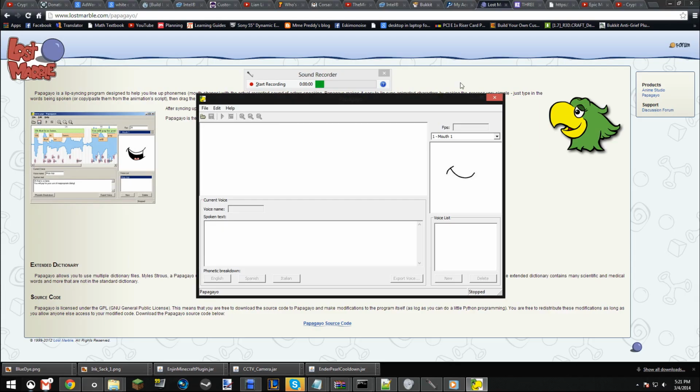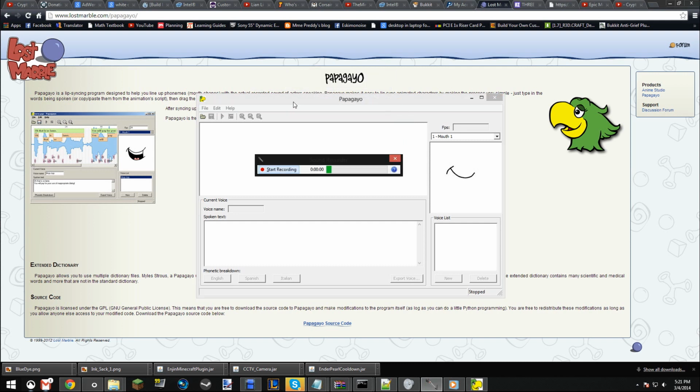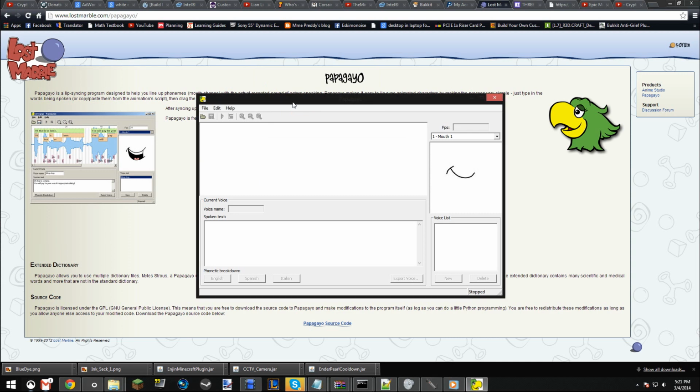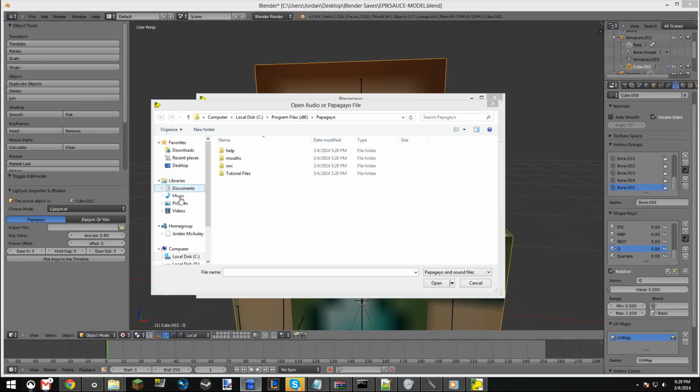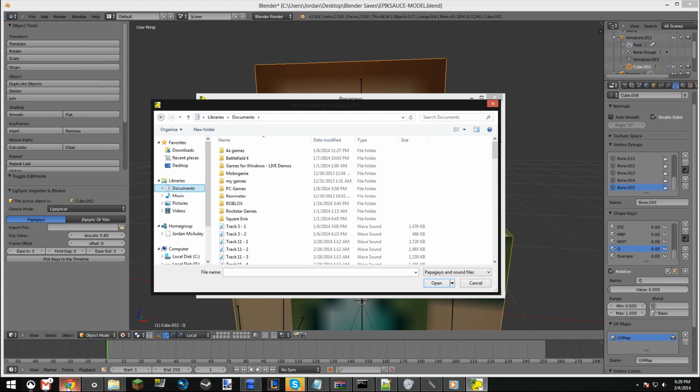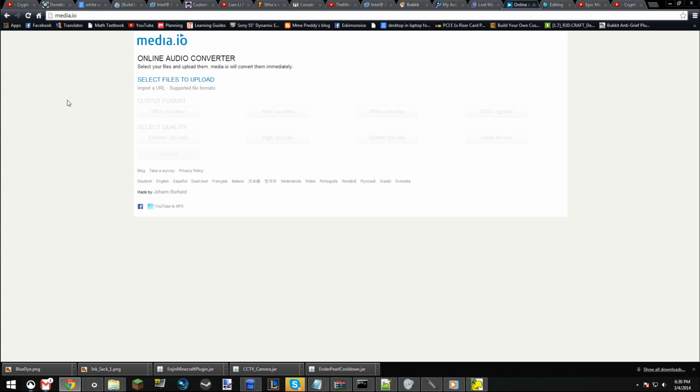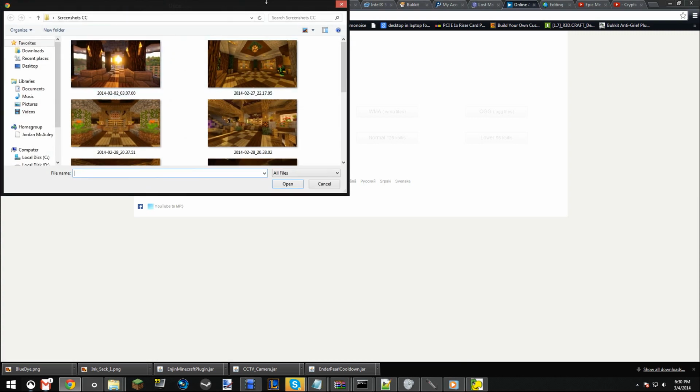Okay, so I got Papagayo pulled up here, and this is pretty much what it'll look like. I also got Sound Recorder pulled up. Basically, you're going to need the file that you want to lip sync to your character. I've already got that, and all you have to do is... I've remembered now why I couldn't find my file. You actually have to convert your file if you're using, for example, Sound Recorder. Papagayo will only read .wav files, and that records .mp3 files, so I'm going to use this site here